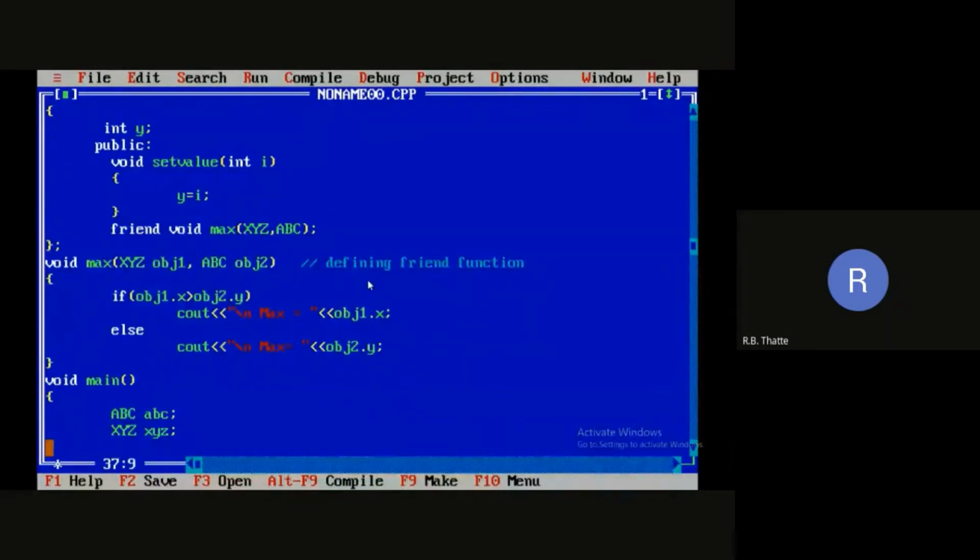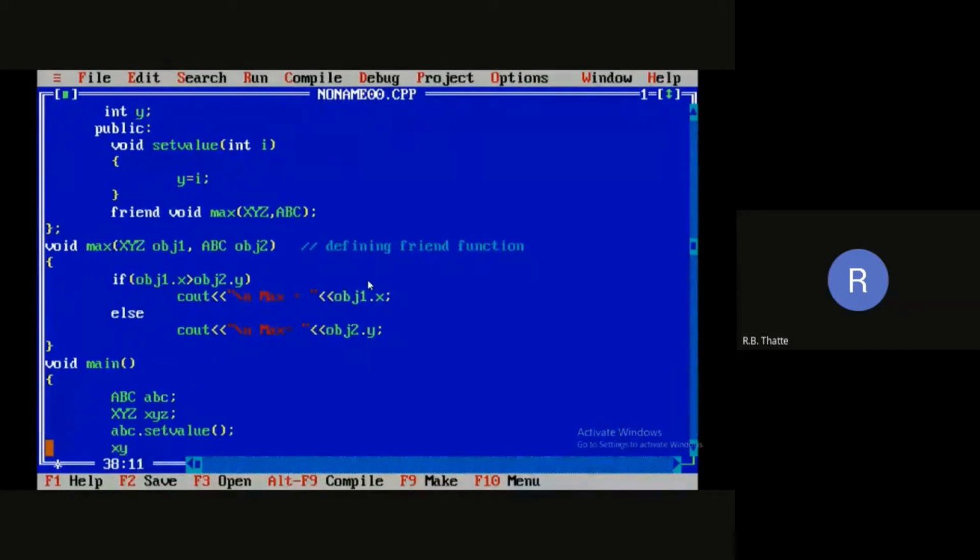So with abc, we have to call the set value function so that x will have some value. Similarly with xyz, we will call set value.